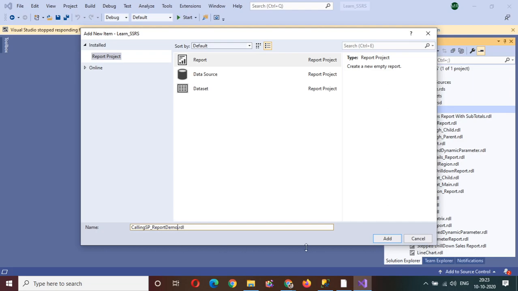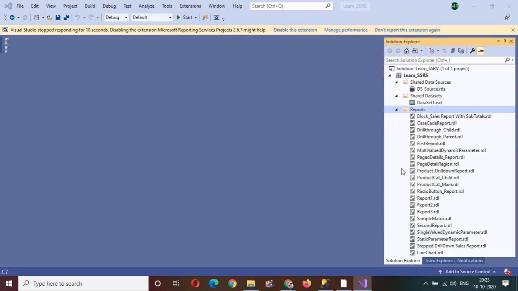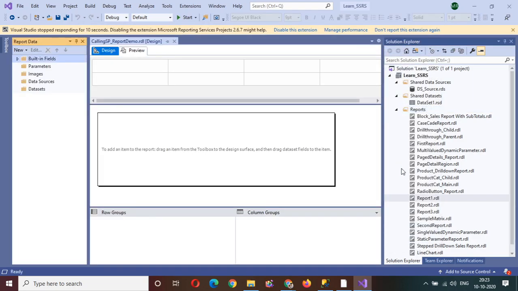This is a nice name you can give. So this is created. A simple SSRS report is created.